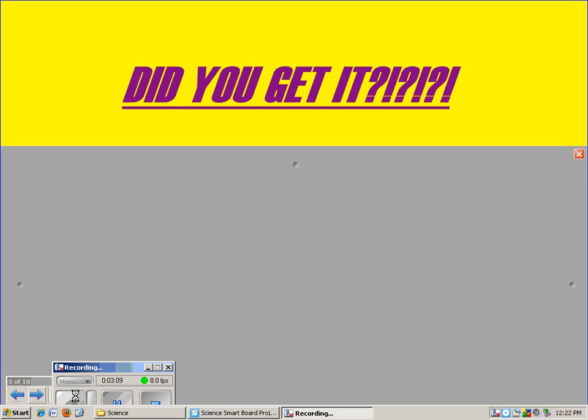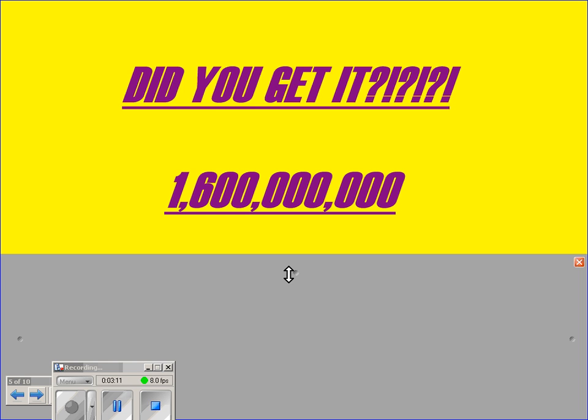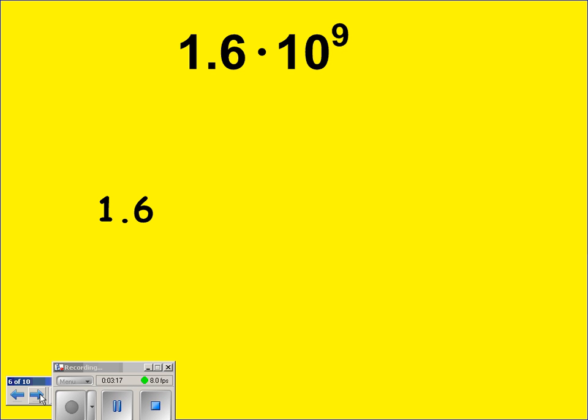Okay, is this what you got? If you got this, great job. If you didn't, I have a simple way to show you how. Well, we first have our 1.6. To find the original number, we need to see how many zeros there are. To find out, we take the superscript, or the 9,